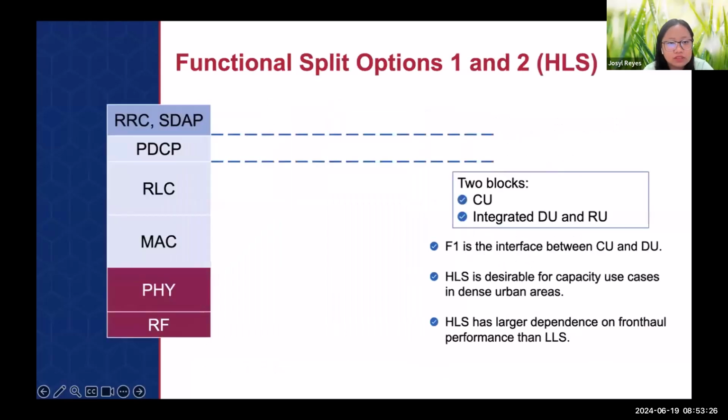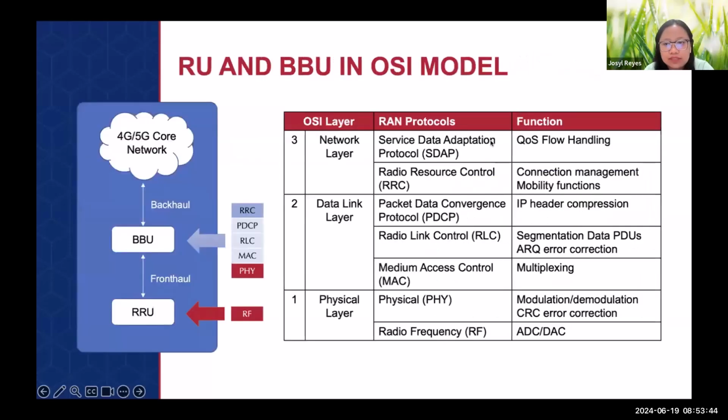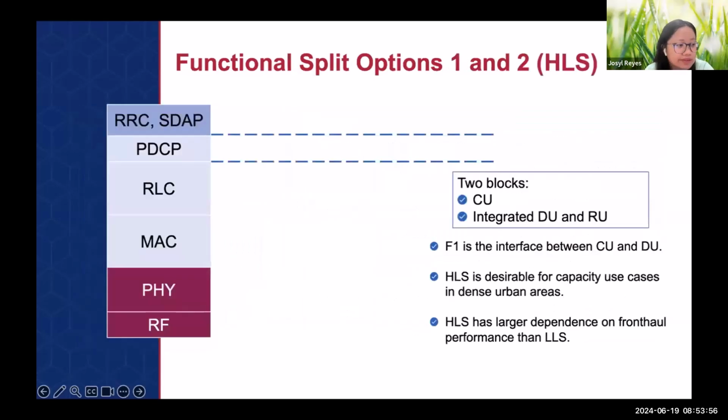So, let's look at the high layer split first. How do we know it's a high layer split? Because it's at the top of the protocol stack. Yeah, so these are the different protocols mentioned earlier. Some are used for flow handling, if you can recall this one. Flow handling, connectivity, connection management, IP header. So the first two are usually network layer, the next three are the data link layer, and the next two are for physical layer. They are colored accordingly. So the darker blue is the network layer. This one is in the data link layer. This one is the physical layer.